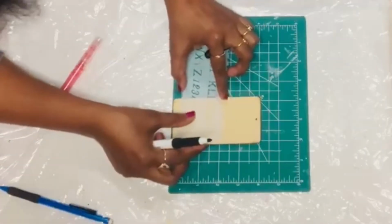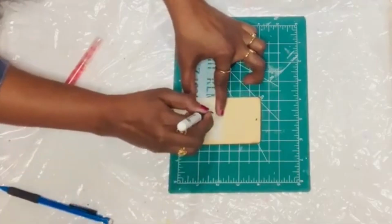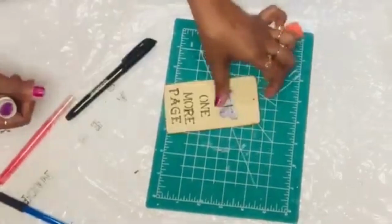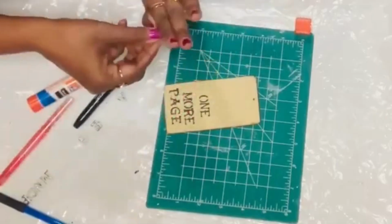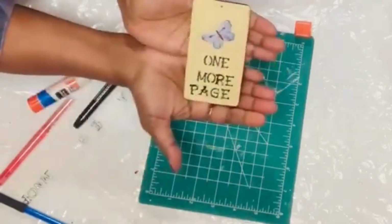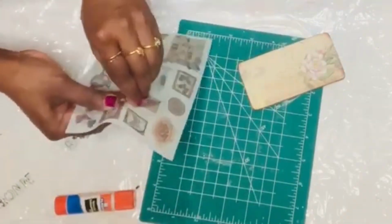And now I'm using these stencils, which are also part of the box, so I took one of them which has vintage style letters. I'm just tracing one more page to give a more motivational quote there. And I also have this beautiful blue color butterfly. I'm also sticking that on top of the letters, and I also have these beautiful thin vintage stickers that I